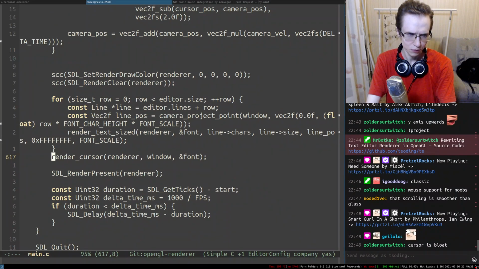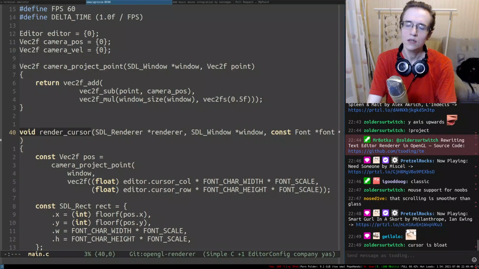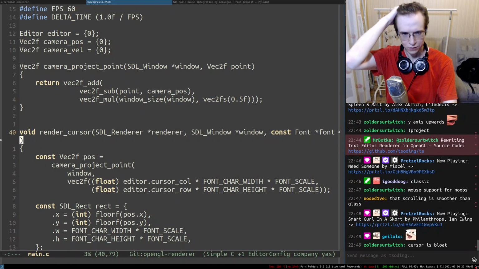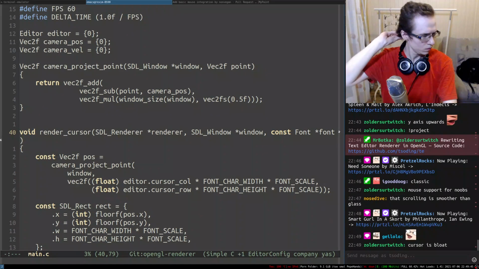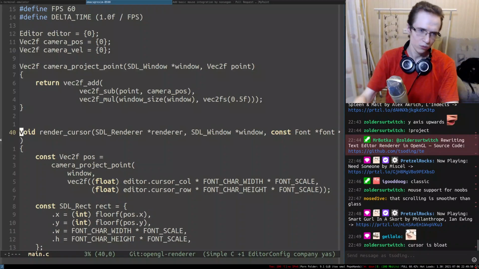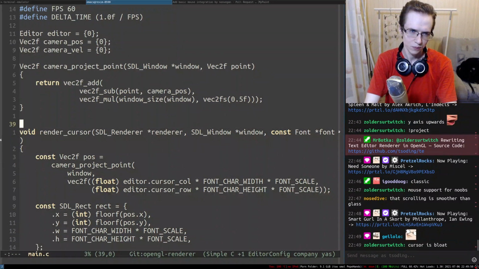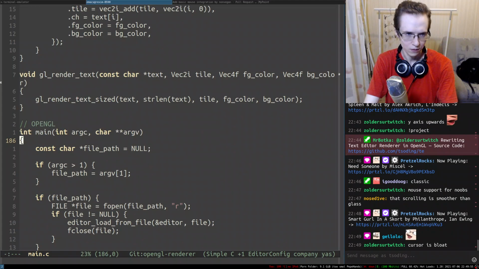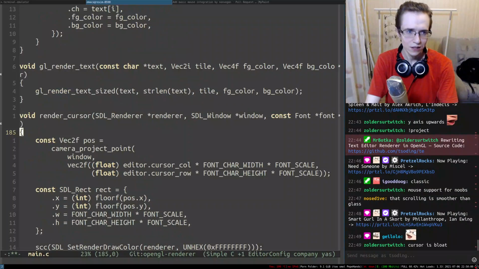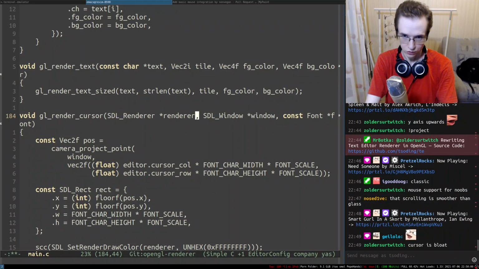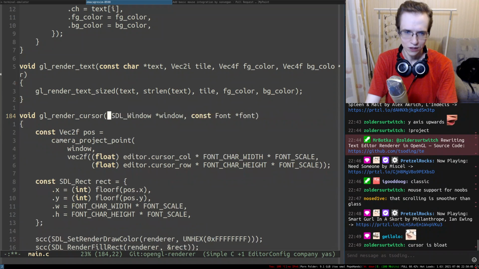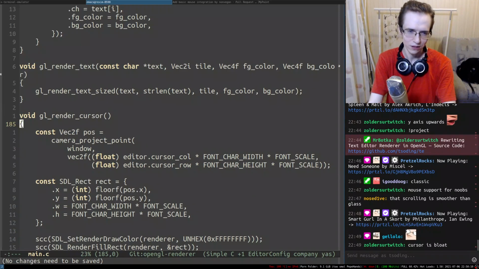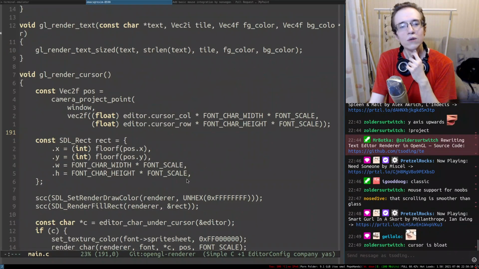Maybe I'm actually going to re-implement render cursor, but for OpenGL. So it would be nice to also do that in a separate draw call, just to render everything on top. Not necessarily. Okay, so we have a GL render text, and we're gonna have a GL render cursor. We don't need the renderer, we don't need the window. In fact, I think all of that is completely redundant.